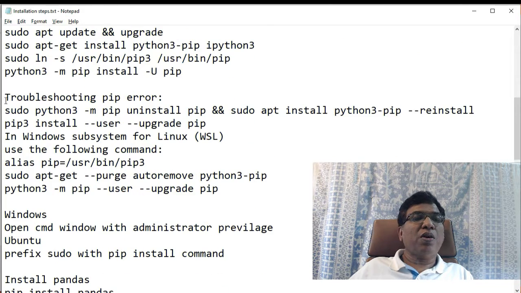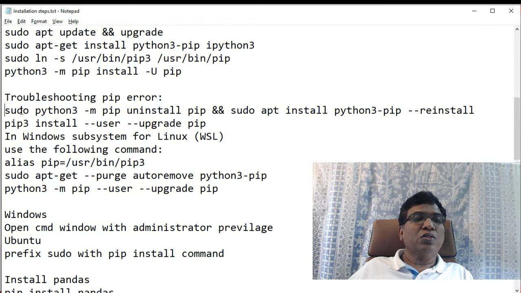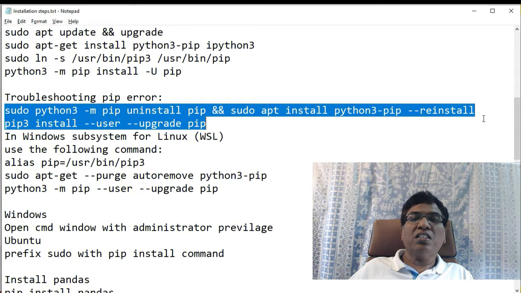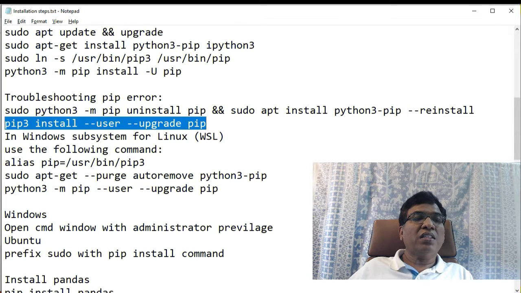Some problems you may face, and at that time you can troubleshoot to install pip properly. With sudo python3 -m pip uninstall, you can uninstall and reinstall. Then pip3 you can upgrade again using this command.